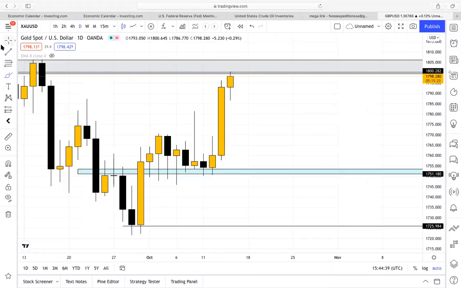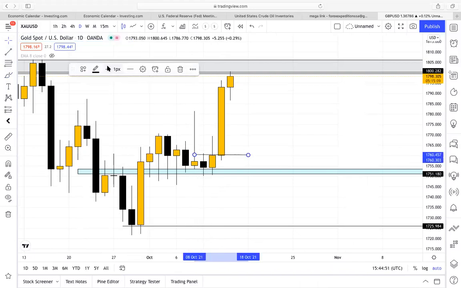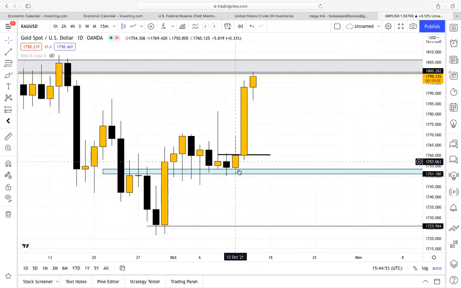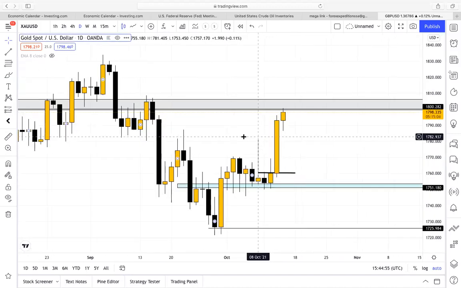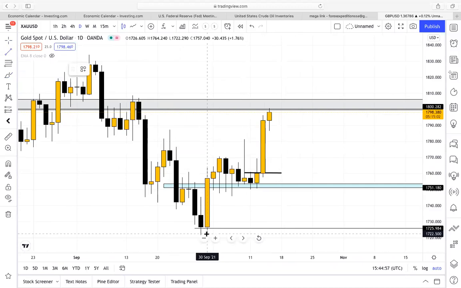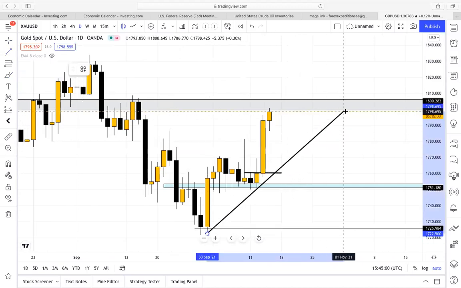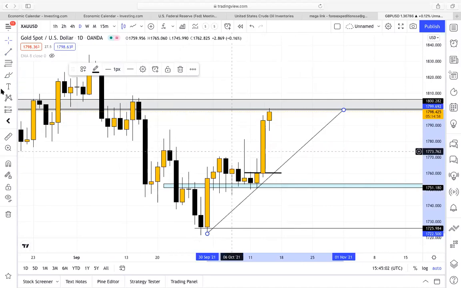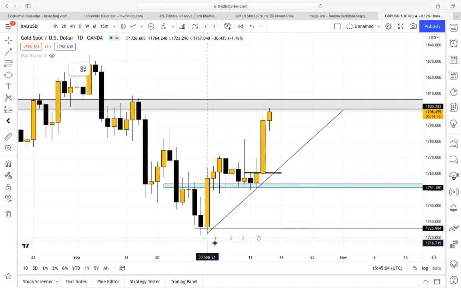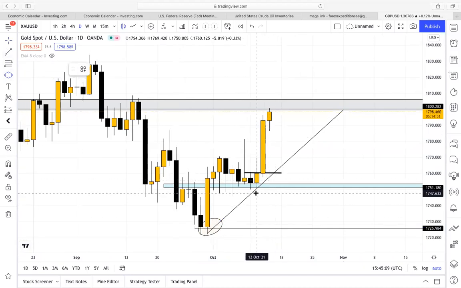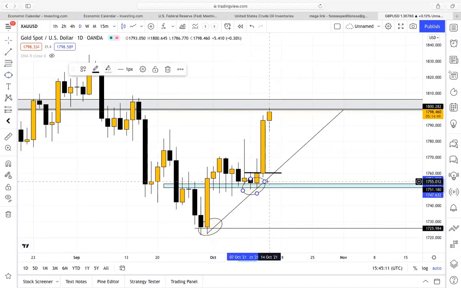So in this one over here, we had a bullish engulfing yesterday on gold. Now we engulfed one, two candles over here. We closed above with a bullish engulfing. That was the first sign of bullish momentum when it comes to gold. Take a trend line from the bottom to the upside, then we can see that gold is moving in an uptrend, guys. An uptrend. See how price has been bouncing off.